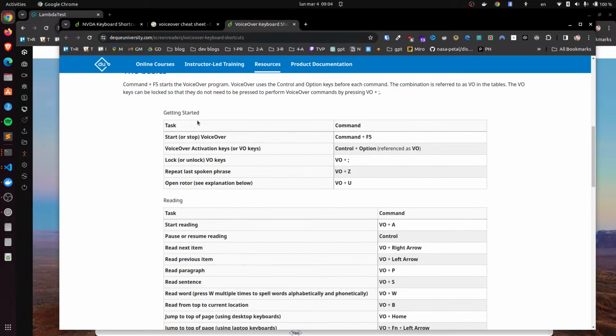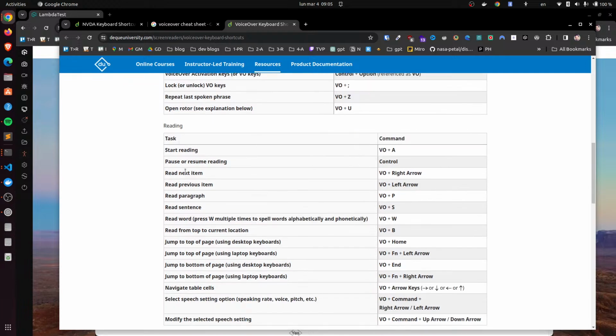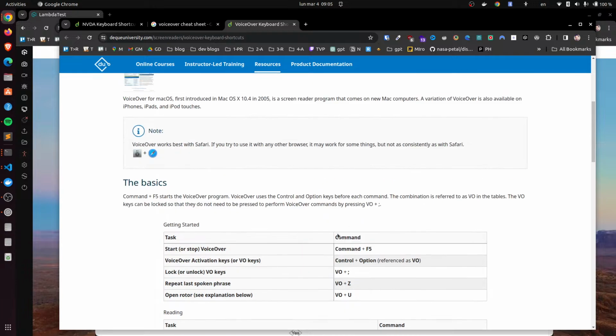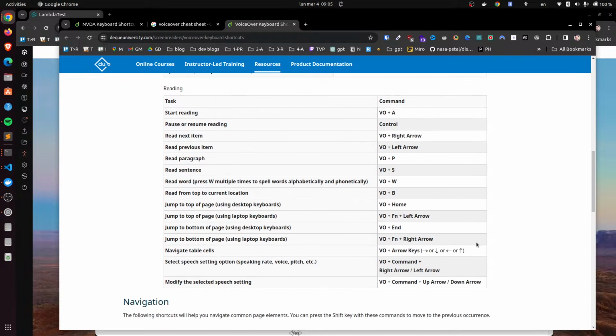Voiceover. After the start, stop, I don't care. I just care about navigation. Start reading. Read next item. VO, right arrow. VO is control option. Okay, so next item. I care about heading and image.